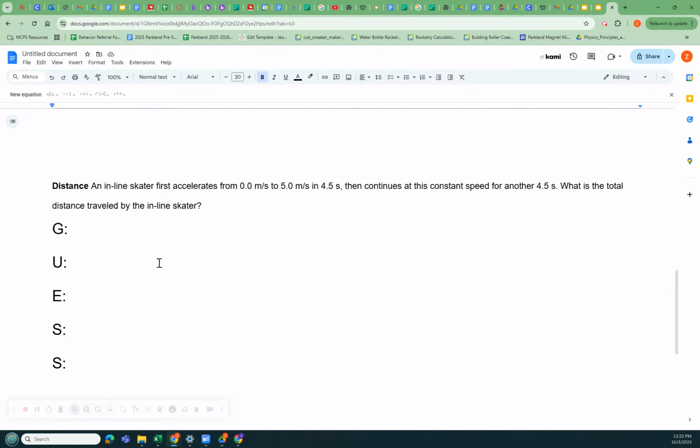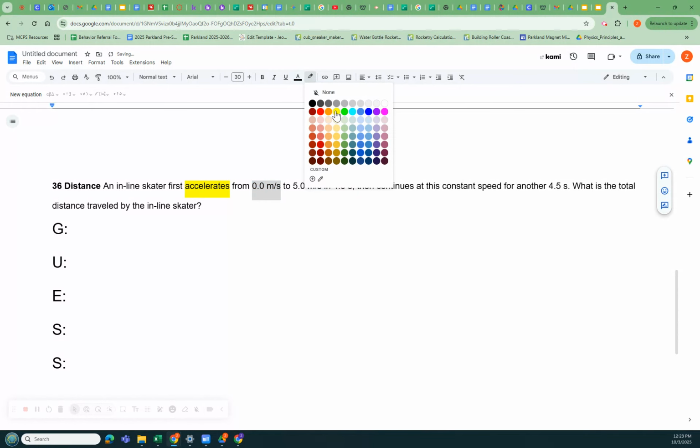Okay, let's look at problem 36 from the homework. It says an inline skater accelerates from 0 meters per second, there's our starting velocity, to 5 meters per second, there's our final velocity, in 4.5 seconds. So we have time,